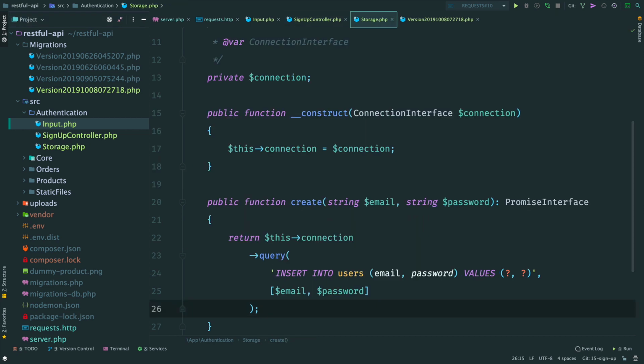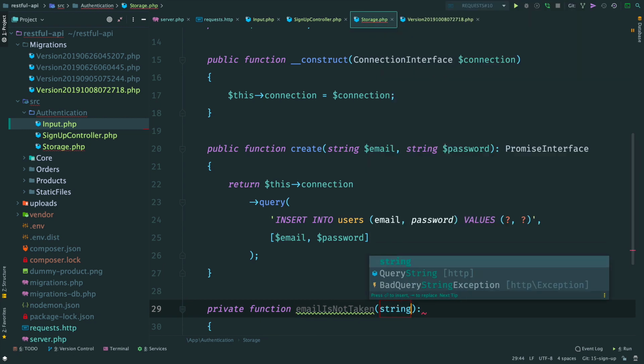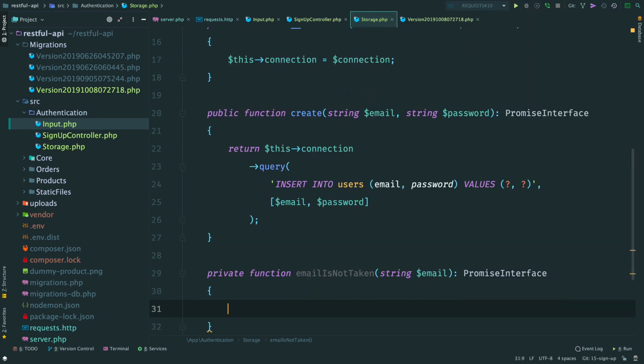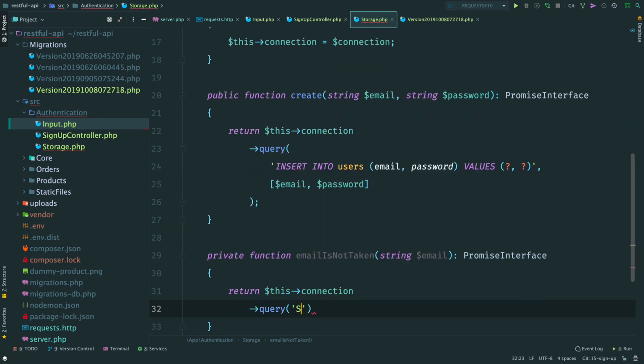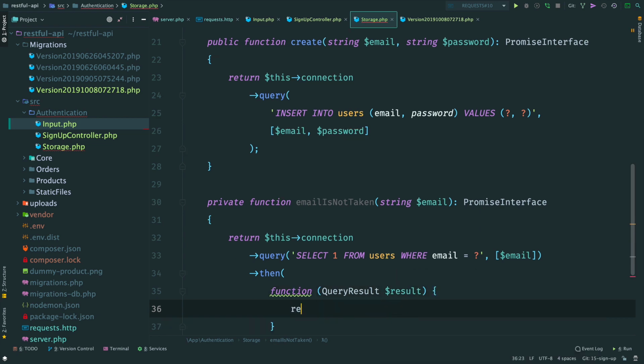Now we need to check if a user with a provided email already exists. Open our storage and let's fix method create. Create a new private method, name it explicitly emailIsNotTaken. Provide a string email and return a promise. Inside we make a select query just to check whether this email is already taken. If the result of this query is empty, it means that there is no such user and we resolve the promise.